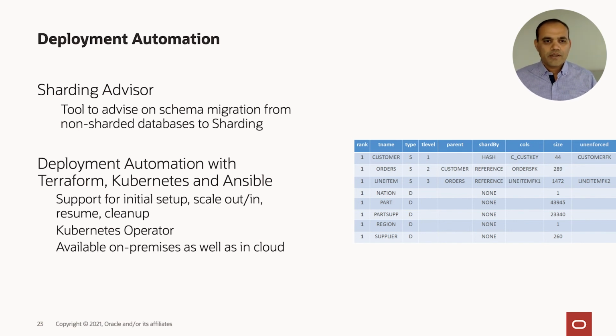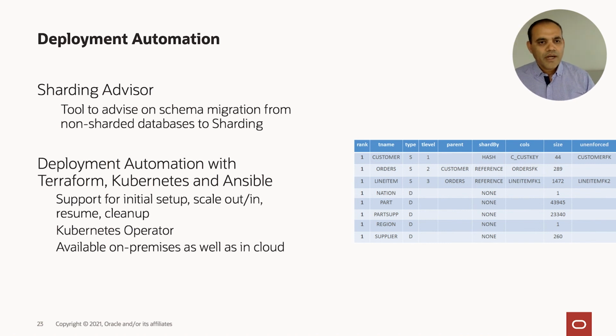So we have a component or a tool called Sharding Advisor. If you have an existing Oracle database and you want to use sharding with that, then you can run this tool and it gives you advice on what table should be sharded table, what tables should be duplicate tables, and what are the good candidates of sharding key. We do this by looking at the existing product database's query patterns and historical data. We look at AWR data, a bunch of $V tables, and then based on the usage patterns, such recommendations are